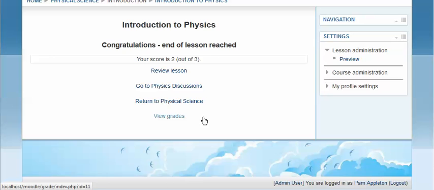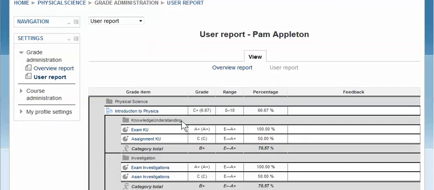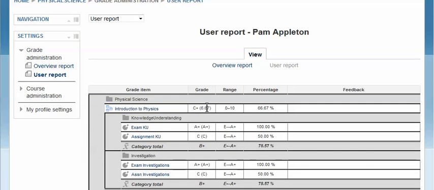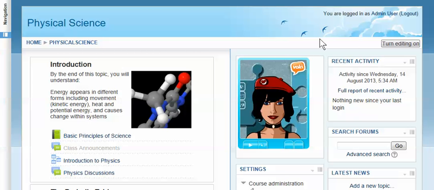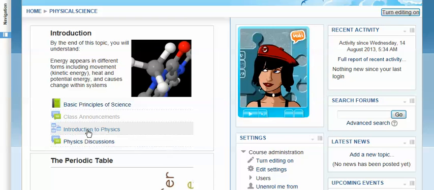She could also go ahead and view her grades. So when she clicks on view grades, she'll see that she's got 6.67 out of 10, or that's what it's scaled to, and I've set up letter grades as well to say that that's going to be a C+ for her. Now I'm going to have a look at this from the role of teacher. So I'm going to switch to a different browser which has got the teacher logged in. Okay, so here we are, I'm logged in as admin user, which will have all the teaching functions,